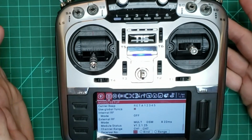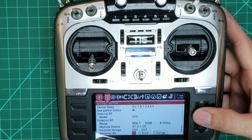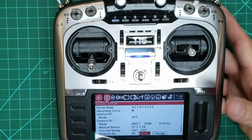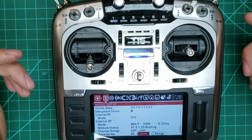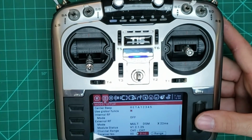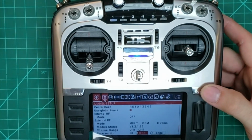If you're doing multiple models, you can change the receiver number so it doesn't yell at you that the model's already been used. In this case, this is our first model on this radio, so I'm going to have it ready to bind. Once the plane is put into bind mode, you'll select it. It'll say binding. It'll chirp. Once the plane binds, if the receiver has telemetry, it'll actually say telemetry found. It does time out on the bind by itself,